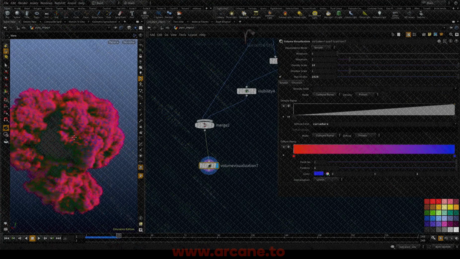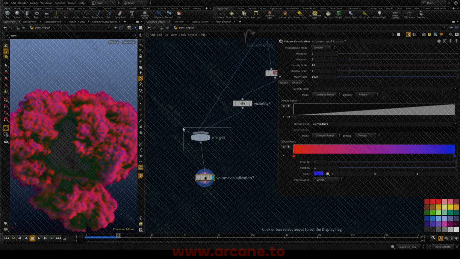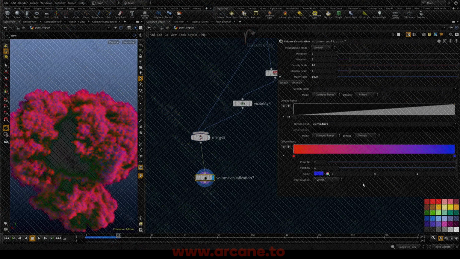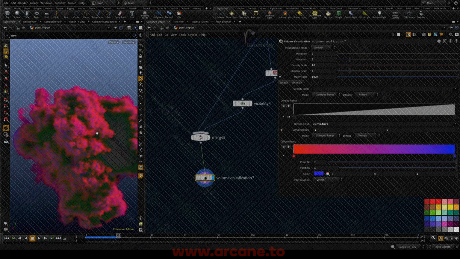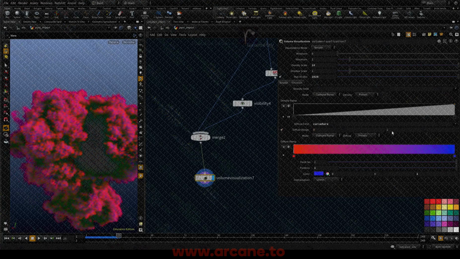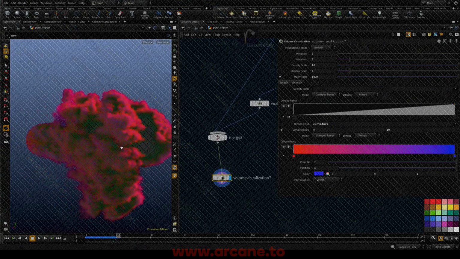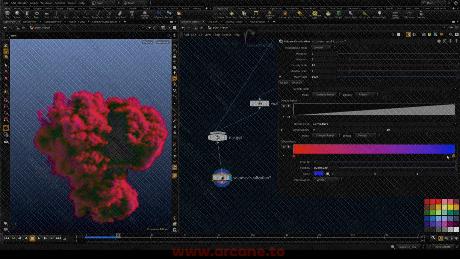Cool. So you can see now we're capturing the cavities of the volume versus the concave shapes, and we can actually tweak the range of the curvature. Let's see if it doesn't have any negative values. So let's try 10 here, and try to capture basically the full range of the curvature, because the value can go between 0 to 100 or sometimes 1,000, depends on the type of volume and the shape. So I'm going to move this all the way here, and I'm trying to isolate the cracks of the sim